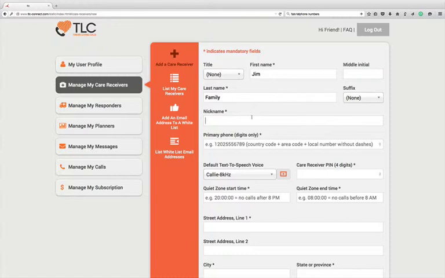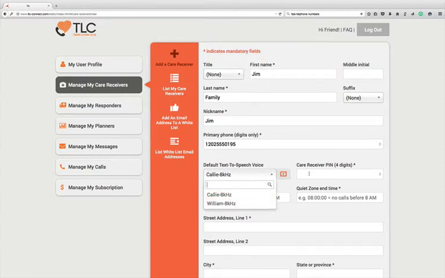And the nickname is Jim. Need to add their telephone number, and again it has to be the international one. Select which voice you want the messages to be read to them in, a woman, Callie, or the man, William. Give this person a PIN number so that they're able to pick up messages that they may have missed, and